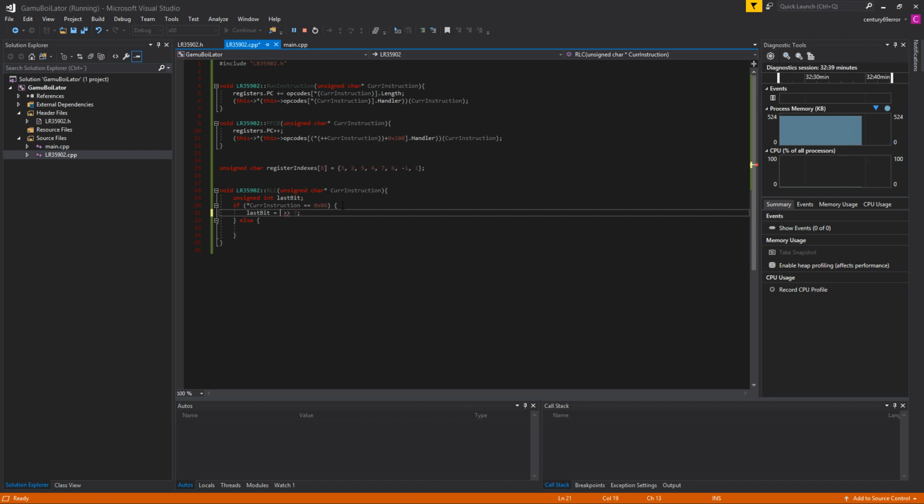So we get current instruction. So we get HL, right? So registers dot HL, no actually R16 dot HL. So we do memory plus that. Actually, I should make a